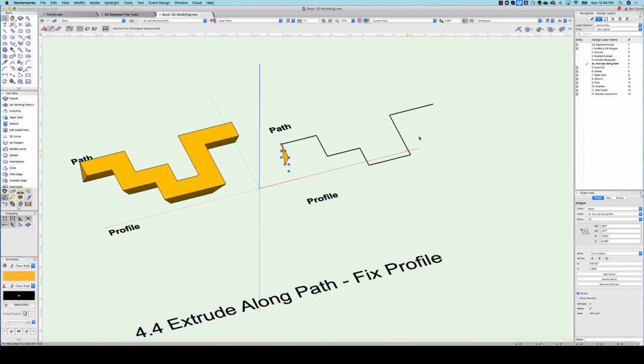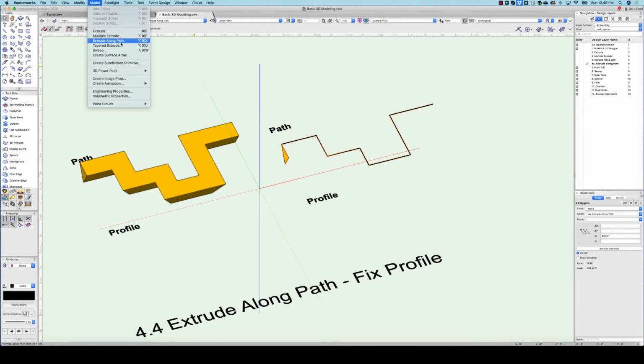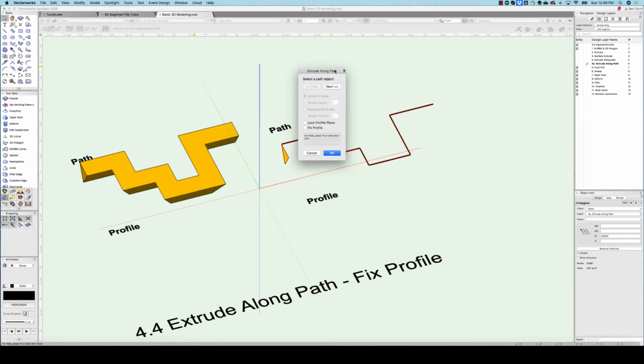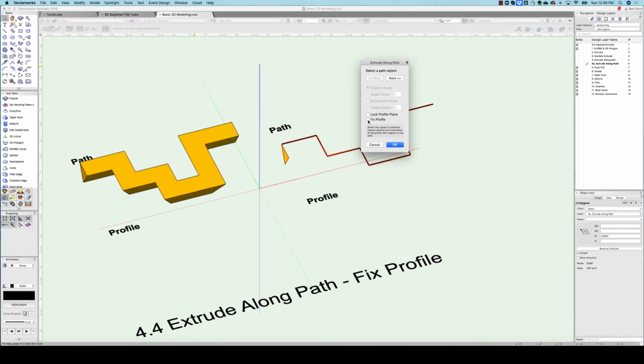And then select both profiles, model, extrude along path. And this time I'm going to tell it to fix the profile, which means take a look at the way the profile is currently oriented to the path and use that for the extrusion. So if we do that,